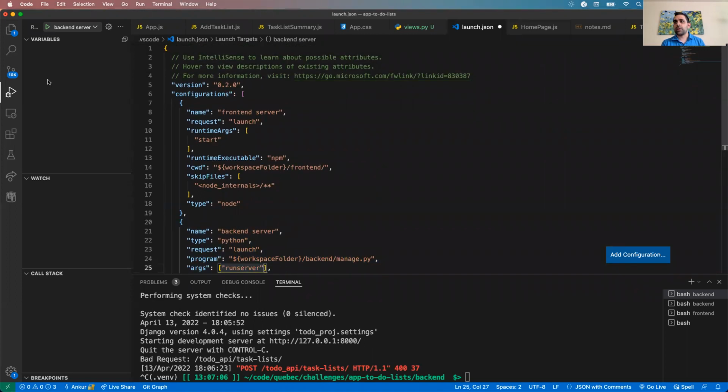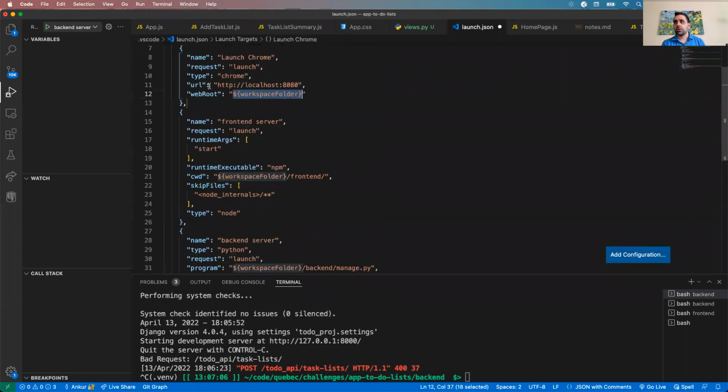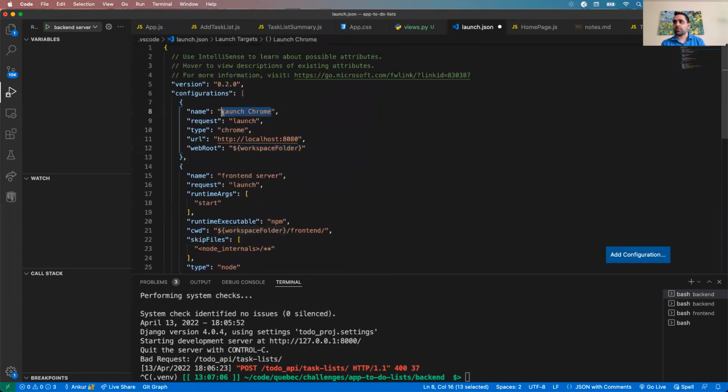The last one we need to add is add configuration. We want to launch a Chrome browser. So I'm going to select Chrome launch. And this is going to be our React application. Call that frontend app. We want to launch. The important thing is the port that we want to launch on. Normally we want this on 3000. So I'm going to change that to 3000. And the directory is